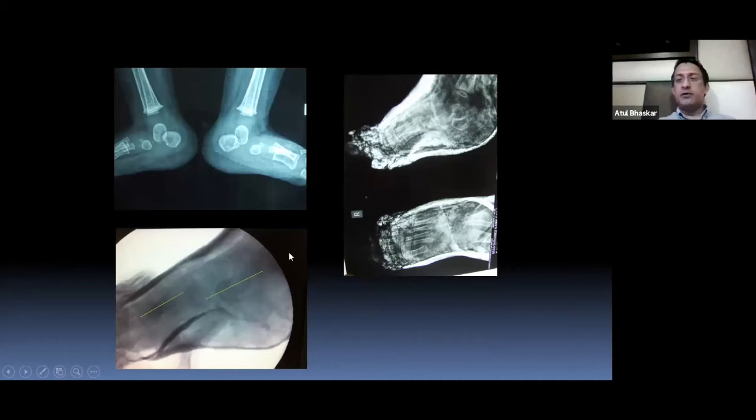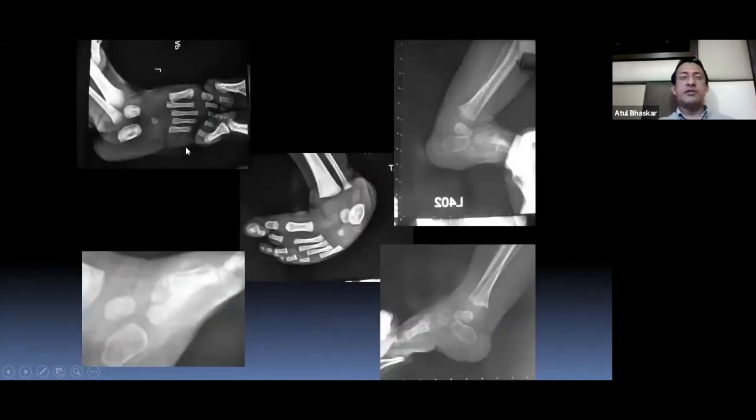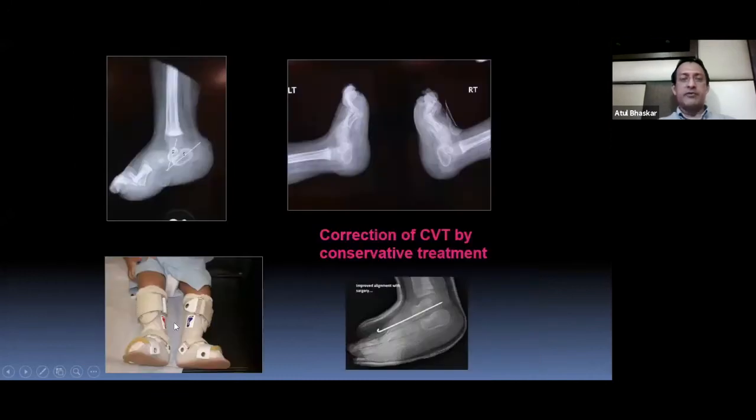And then this child, so this was the starting point. This is the vertical talus, this is the left side, and after serial plaster and after an open release, you can see the mark of the K-wire. You get the talus back in normal alignment, and these children have to be protected in a splint. So usually they are given these kind of A4s with the medial mold, and when we do the surgical correction, we put a talonavicular wire as well, so that you can maintain the correction. This wire is kept for about 6 weeks.